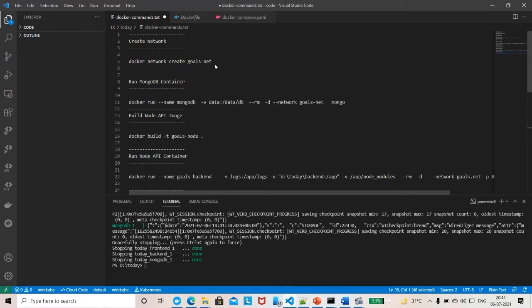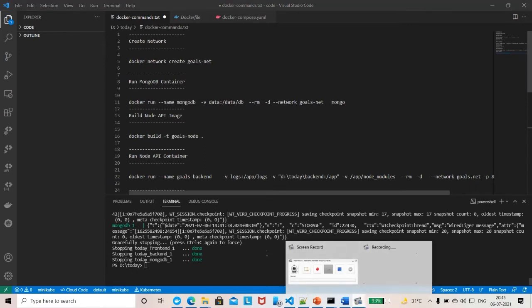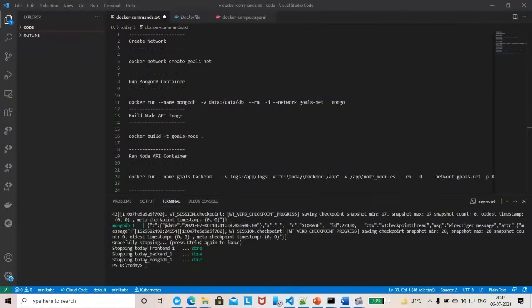So what we are looking at today is the compose file. The compose file is the automation of all these steps. It is in YAML format. So let us just go to the compose file.